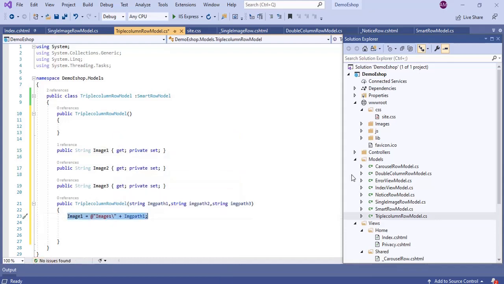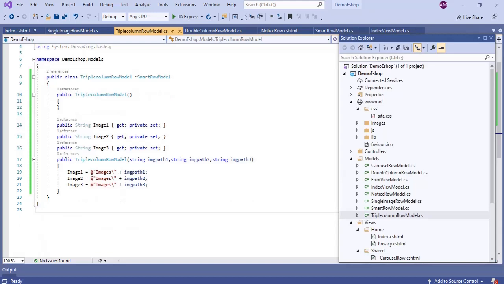We'll copy and paste the same for the other two images. Okay, now our class is ready.